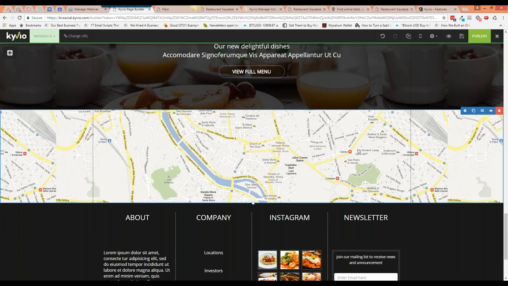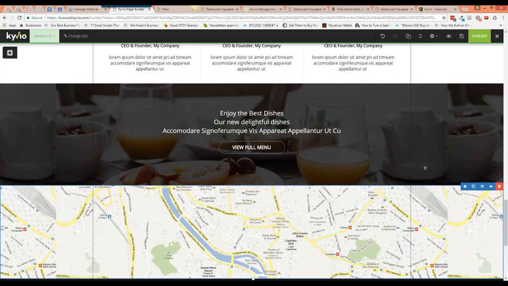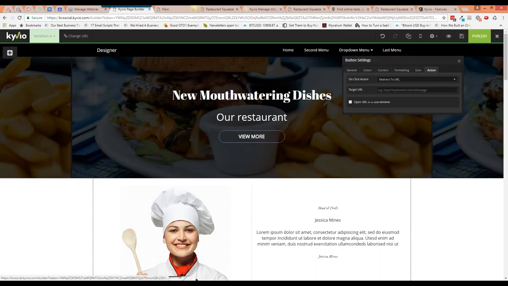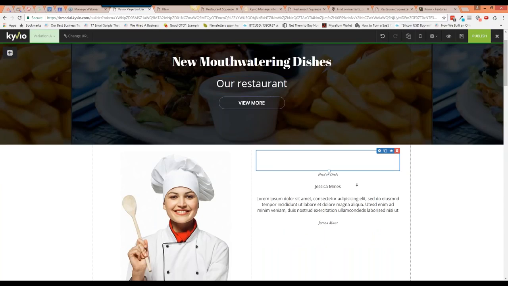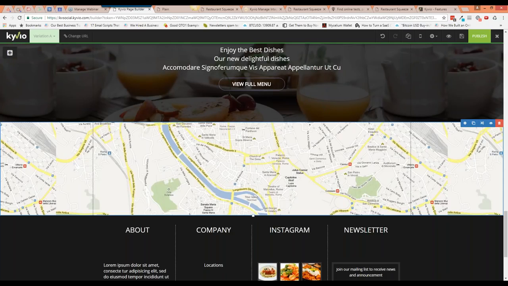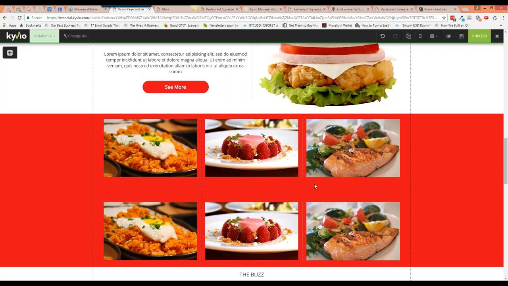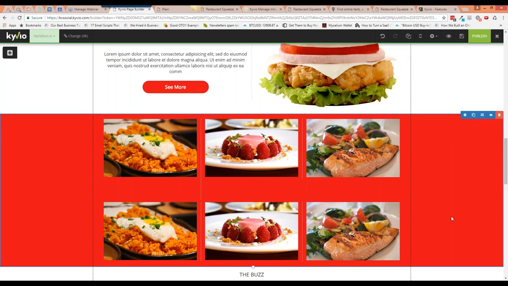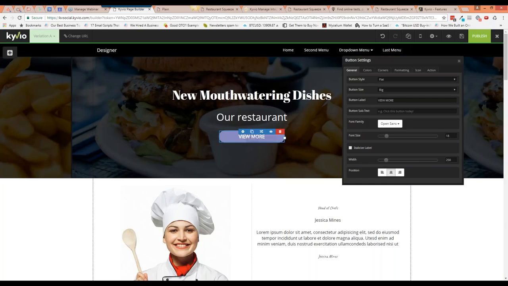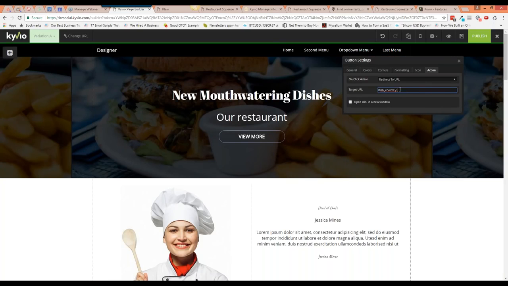But here's something cool I want to show you in the editor itself. As you remember, I told you if you have a button, you can choose an action to redirect people to a URL, which is perfectly fine. But what if I want to redirect people to, let's say, here? When they click on it, I want them to land here to see all the different menu items that we have. Here's what I can do, which is pretty clever, I think. I can click on block settings and I can copy this block code. I'm just copying this now. Close it and let's go all the way up and then click on this button and then paste this here